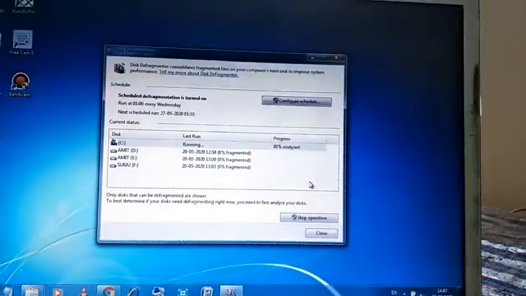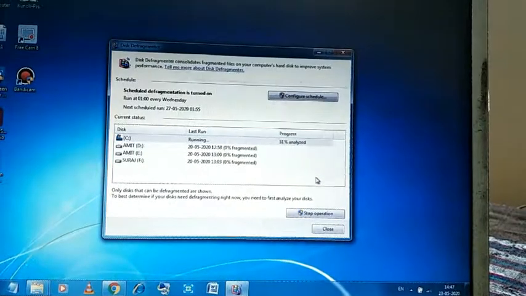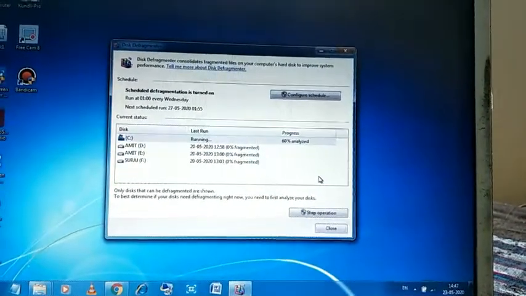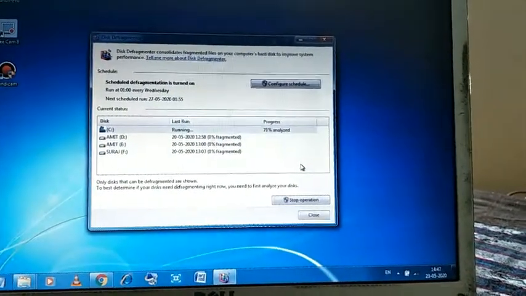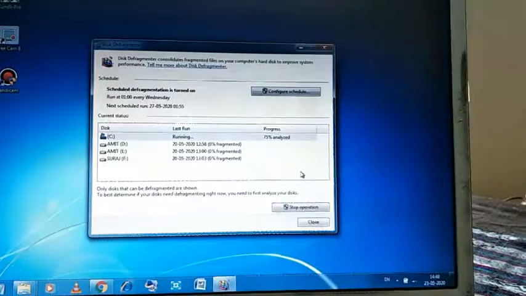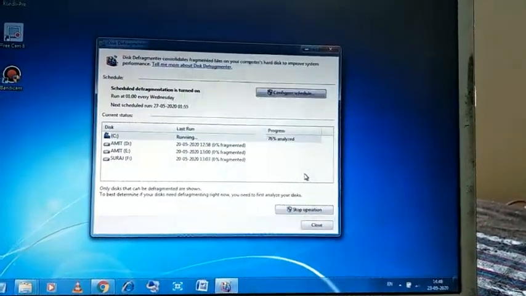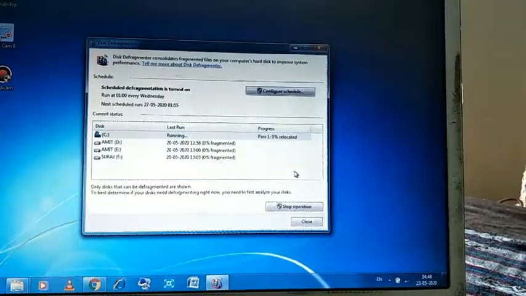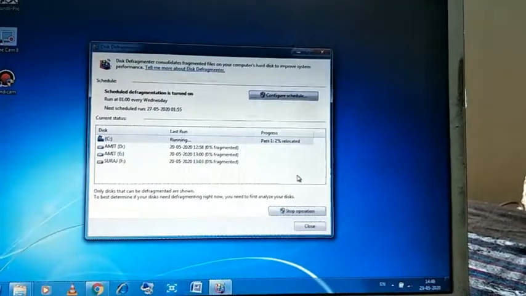This process will definitely take a few minutes, so have patience. Clear? There's no need to click on this option in your system. If you click on that option, then have patience to watch and wait. Okay, clear? Then your system will be defragmented and it will work very well.